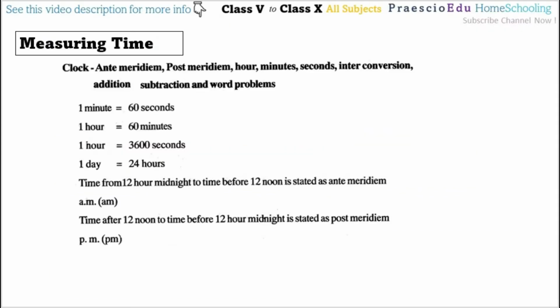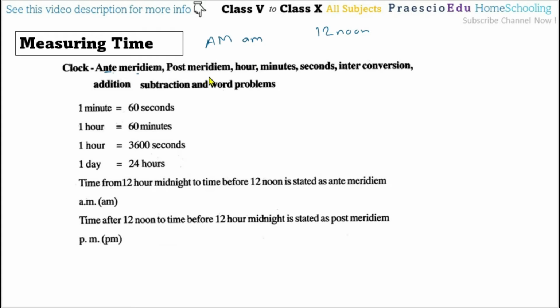As we know, when measuring time, we are always looking at or following the time with a clock, or we can say a watch. In that, antemeridian and post meridian are the two main types. Antemeridian, in short form, we write as AM. Ante means before, and meridian means the middle of the day, meaning noon or midday. That is always 12 o'clock noon, or 12 noon. So this is the meridian.